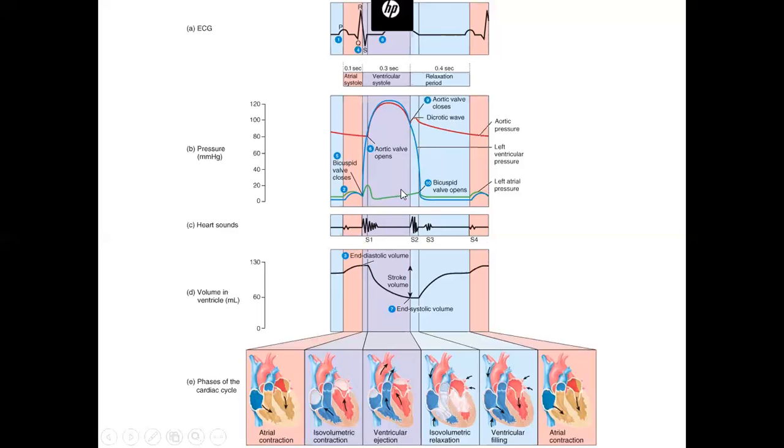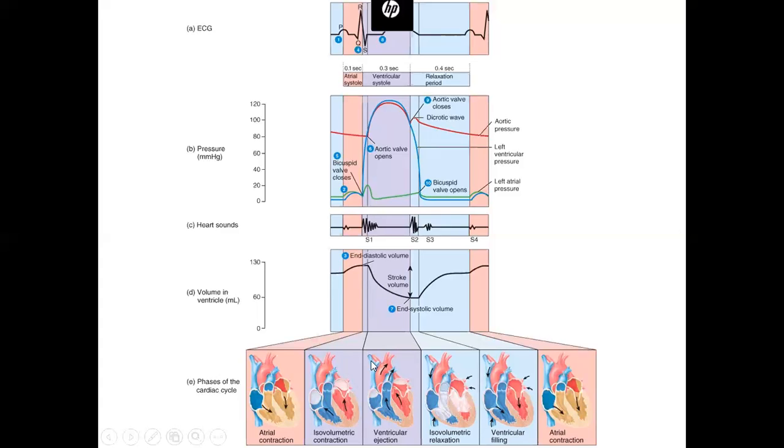That's because we're drastically bringing pressure up in our left ventricle to the point where it passes the pressure in the aorta. It doesn't create a giant pressure gradient, but it is high enough that we create a pressure gradient higher in the left ventricle than the aorta, which allows the valve to open,